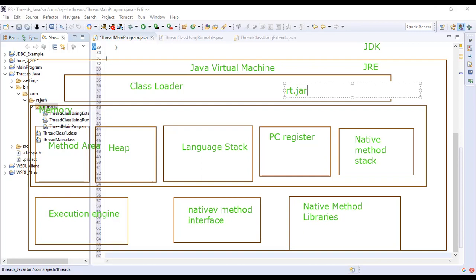Okay. So yeah, is it clear for you? JRE is what we are speaking about now. My question, Rajesh: on the right side at the top, you wrote JDK and JRE, right? Yes. JDK is Java Development Kit. That means you are explaining it for writing the code. For running the code, it is JRE. Could you please repeat it? For writing the code, it is JDK. For running the code, it is JRE.